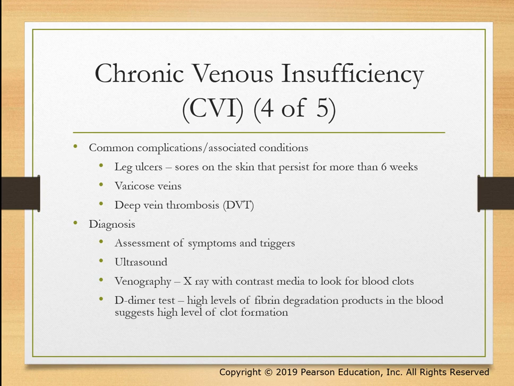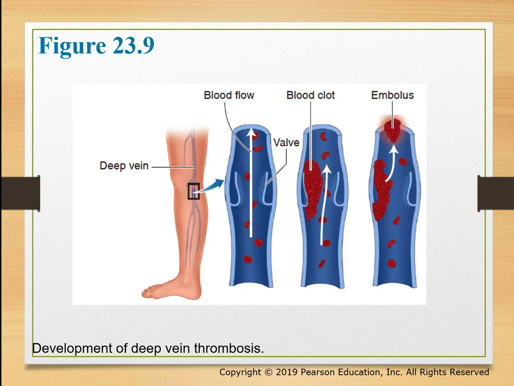And so again, it depends on where that blood clot is and how serious the symptoms or effects would be. Also, there is a type of test called a D-dimer test, which is a blood test where you can look for levels of fibrin. Basically, when fibrin degrades, there are products that are secreted in the blood, and if you see high levels of these fibrin products, it suggests that there are high levels of clots formed. And again, if the clot forms in the wrong place, you can end up having issues. And so that's a way of assessing how bad the clots are. Okay, so again, we said deep vein thrombosis, so the blood clots forming in veins that are deep within the tissue. So this is showing you this is both, right?